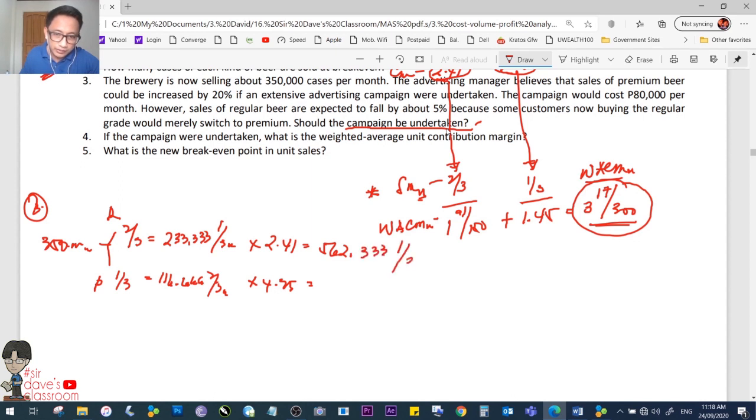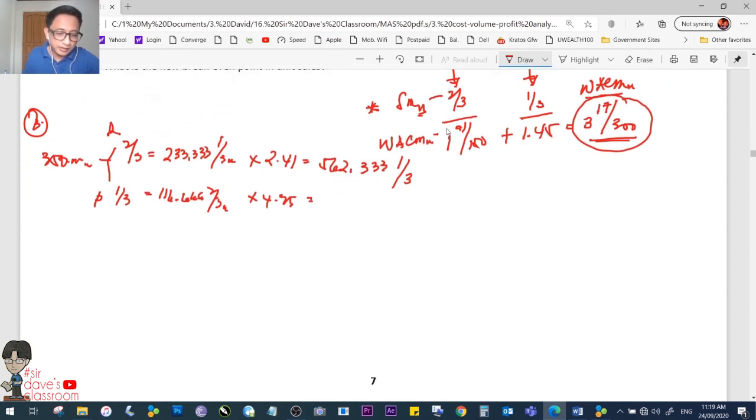62,333 and 1/3. Please do not be passive, okay? Be attentive para sulit naman yung panonood mo rito. 562,333 and 1/3 and 507,500. Totaling this one would be our total contribution margin at